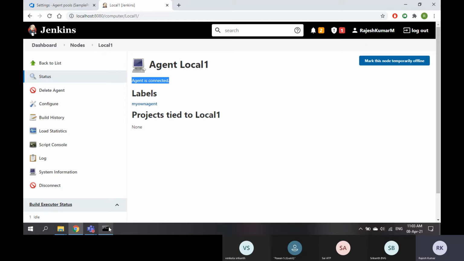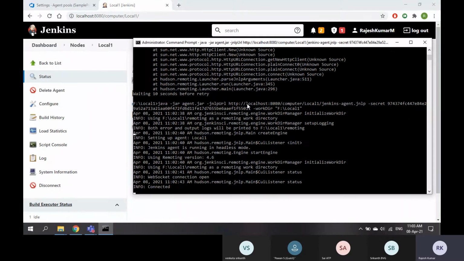When I gave that specific IP address, it was trying to ping one specific server, but I am not running this in C drive. I am running it in F drive, which is considered a separate server. We are configuring a separate server.